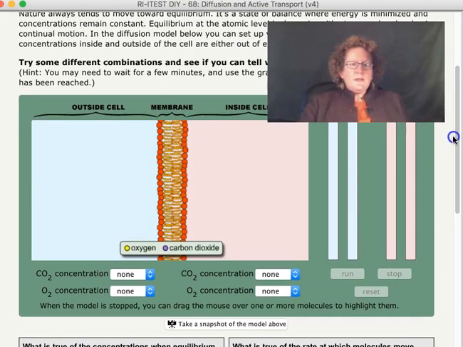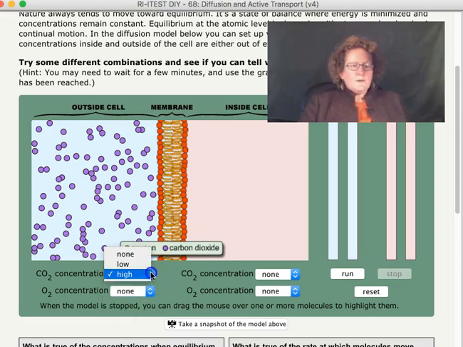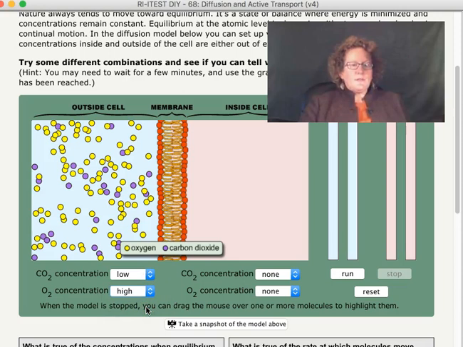So let's see some different combinations and see if you can tell when the model reaches equilibrium. So let's look at a kind of true to life scenario. We're going to have high carbon dioxide on the inside. We're going to have low carbon dioxide on the outside. We're going to have high oxygen on the outside. And on the inside,